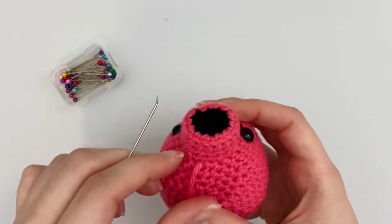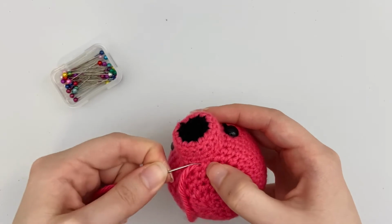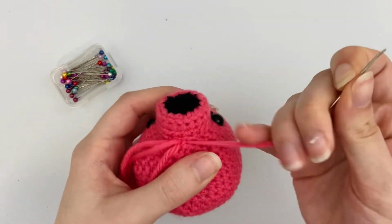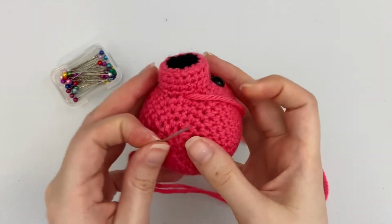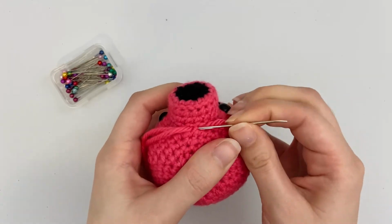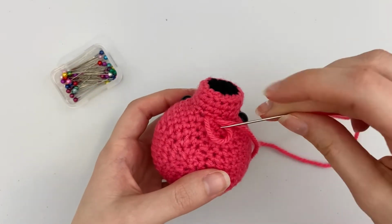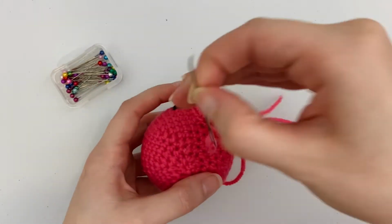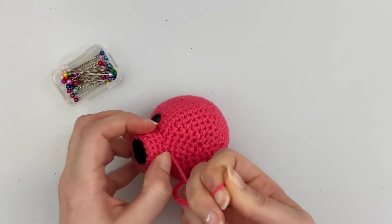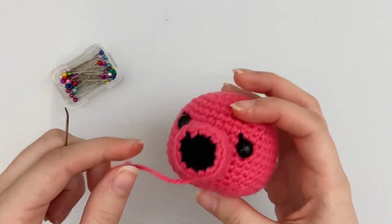And then I like to just hook on to a stitch and tie a knot with this yarn. So I'll go through the stitch, I'll go through it once more. I'll get a little loop and then I'll insert my yarn needle, pull it through, and that should create a knot. This will secure the loose end of the yarn tail so that it doesn't unravel